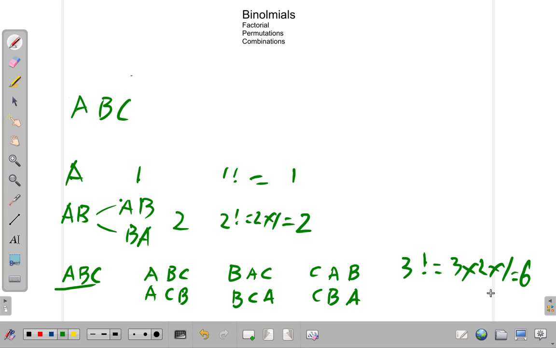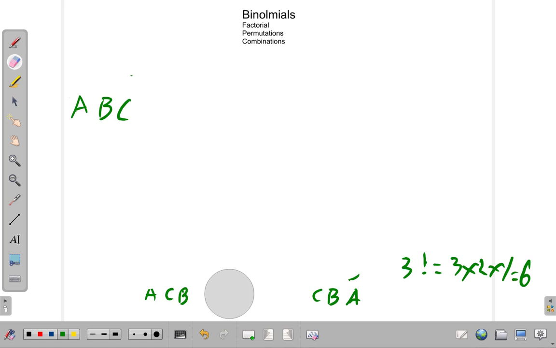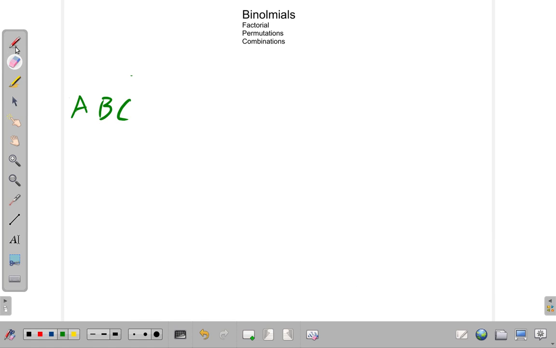So, doing this, we see that we could use the number of letters factorial to find the number of ways that we could arrange them. Suppose you had 4 letters. Would it work? Let's erase these and see. If you have A, B, C, D, let's write our A, B, C further up top in case we need a space. If we have A, B, C, D,